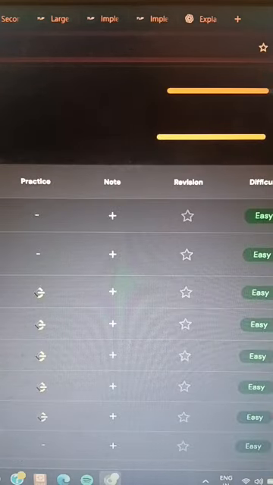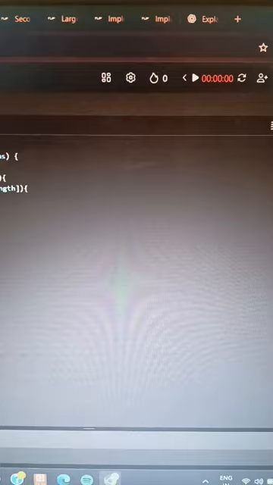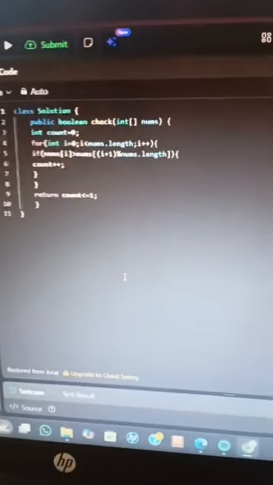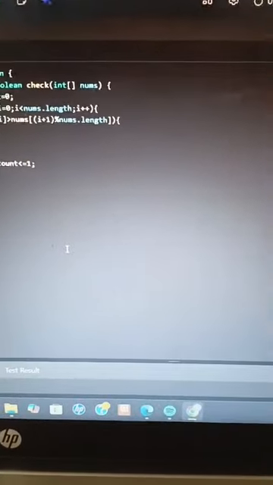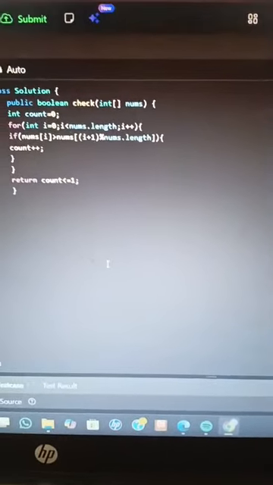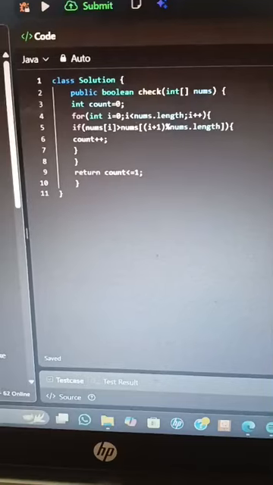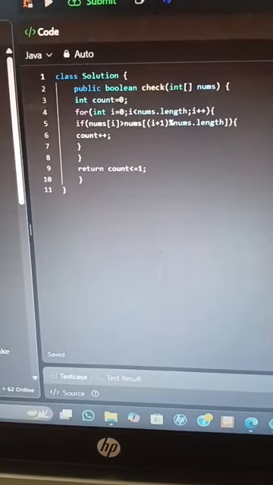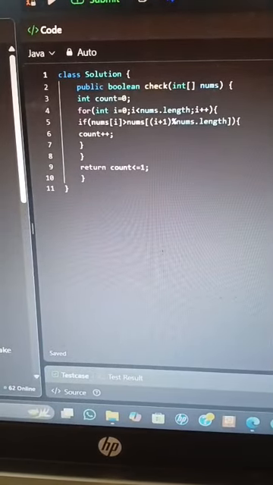Coming to the third question, check the array is sorted or rotated. We have to check. So logic is,